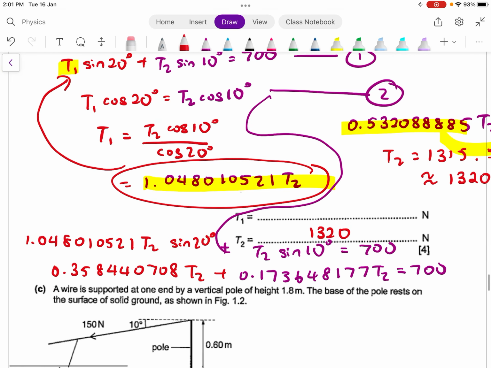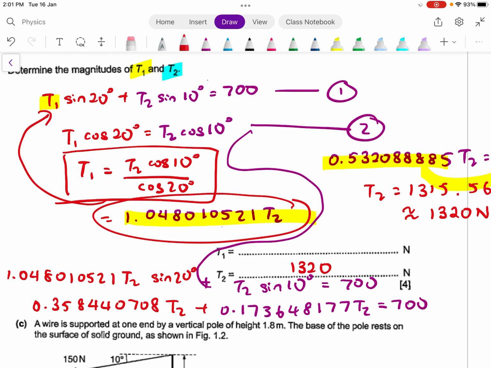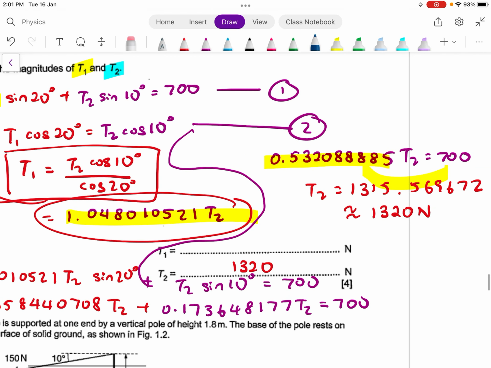T1 is a simple one because I already know my T2. So if you look at this, just sub inside. Since I know T2, just sub inside. So T1, yeah, right here. So T1 is equal to